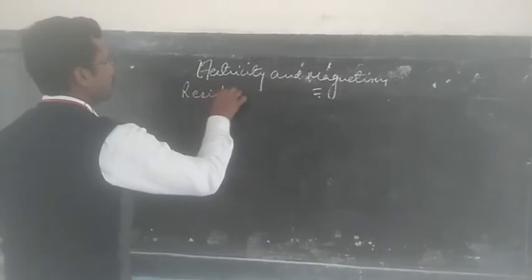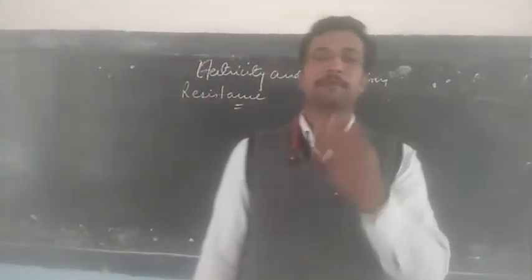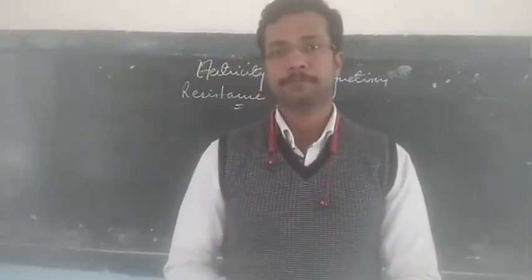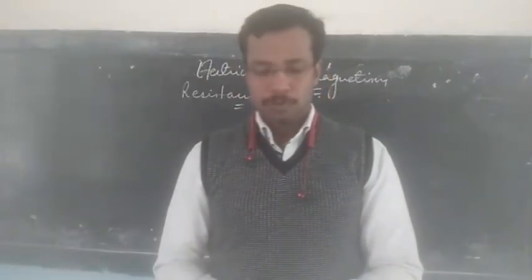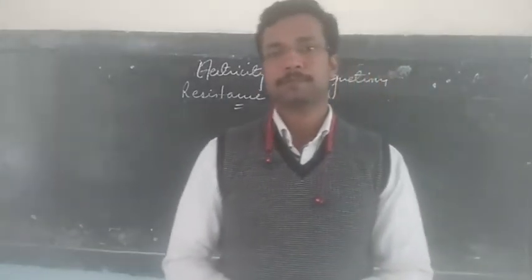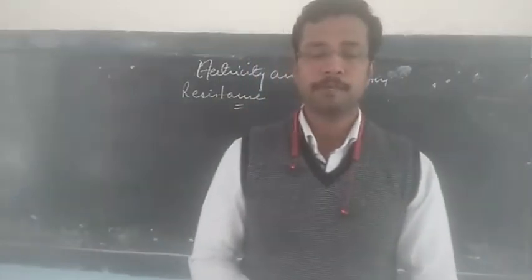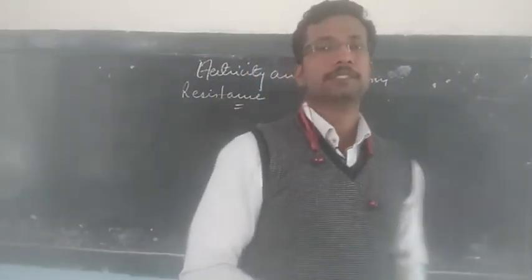For example, we have resistance as also a very important element, and resistance is considered to be a property of a material that will oppose the flow of the current. So we have resistance of various types. It can be fixed resistance, it can be variable resistance. Let us see something about the variable resistance.